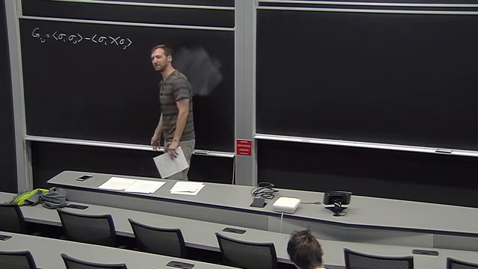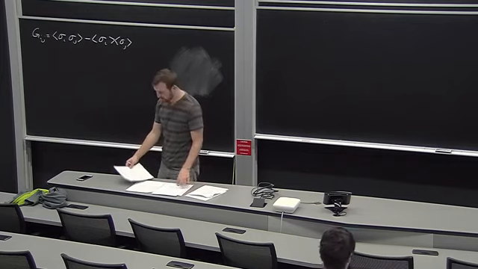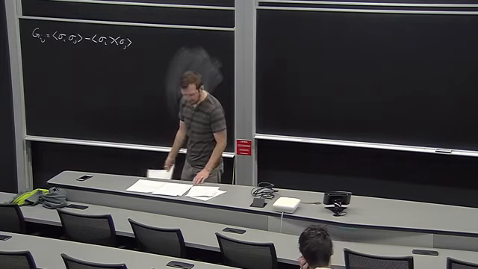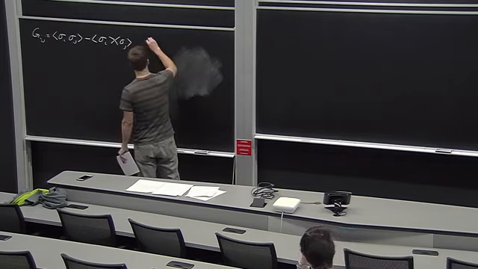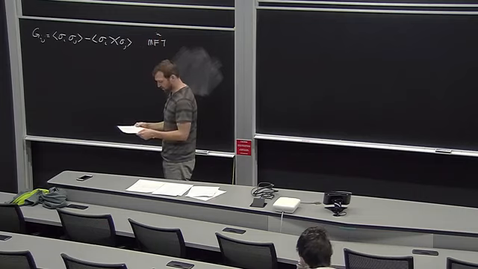In our case, we're using it to define the correlation length. And what we're doing right now is a mean field calculation. And the equation we derived last time